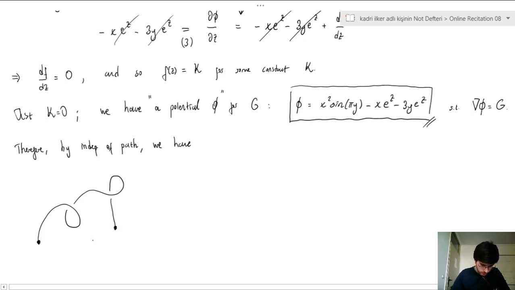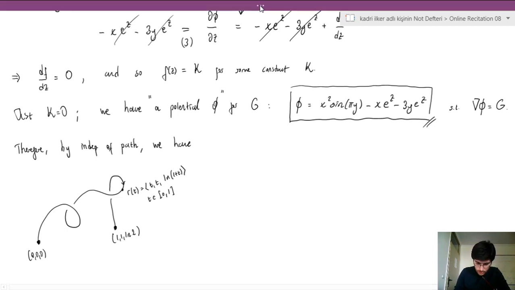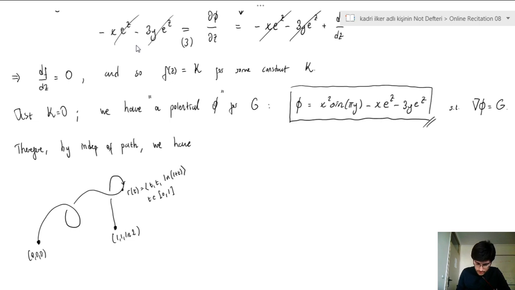So this is where C begins, 0, 0, 0, and this is where it ends. These are the only 2 points we need. Let me say there is some parametrization here, r of t for instance, given like this: t, t and ln of 1 plus t. The parametrization is given and t runs from 0 to 1, of course. So we have such a curve, but now thanks to this path independence, our blue integral, remember the blue one,